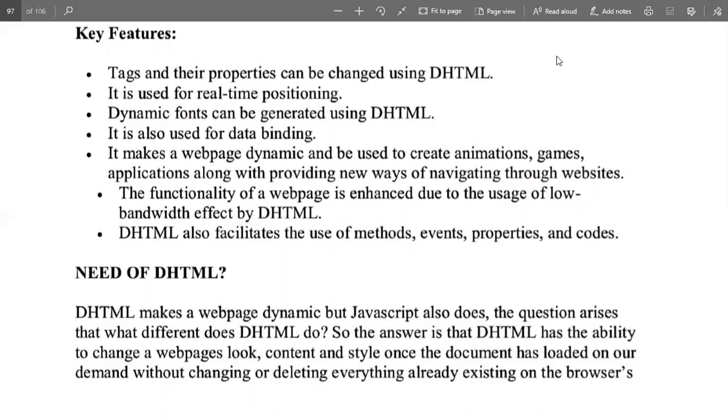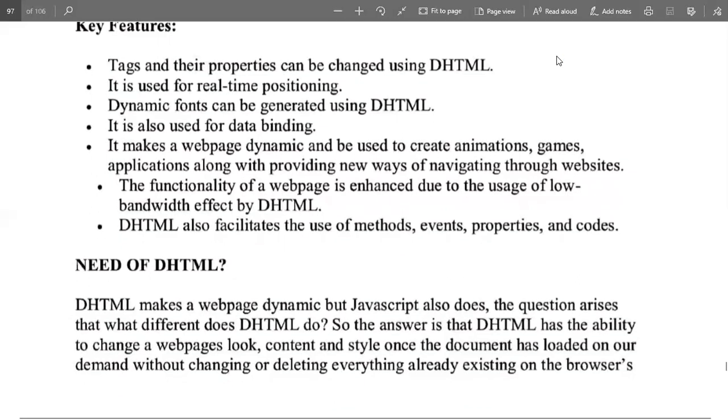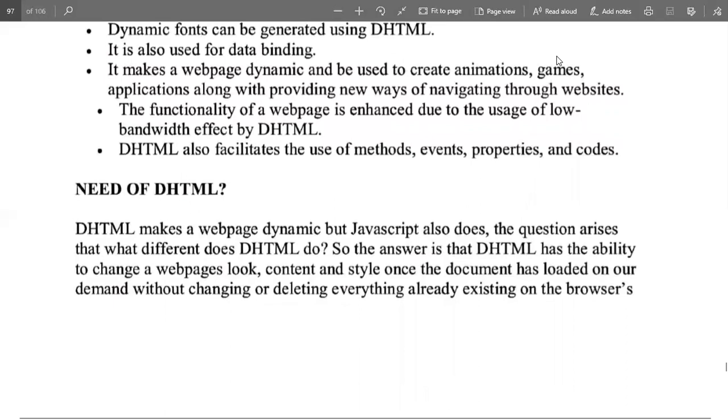So why do we need DHTML when there is HTML, CSS, and JS, when we already have these languages? Basically, DHTML makes a web page dynamic, but JavaScript also does so. So the question is why DHTML, because JS also works the same as DHTML.